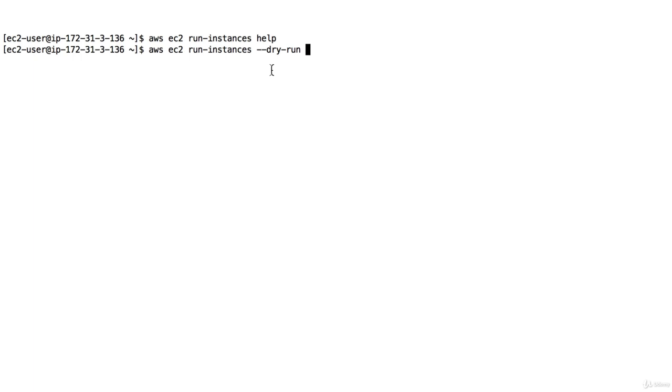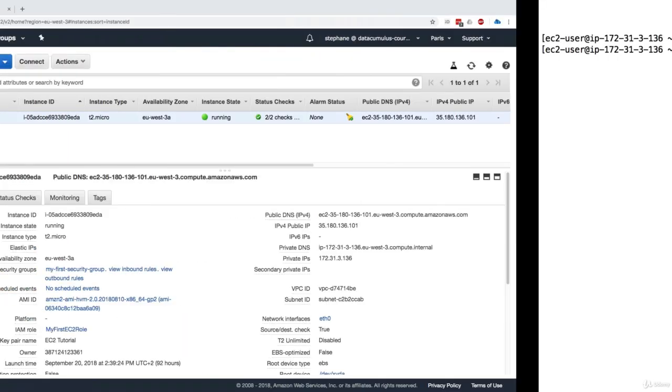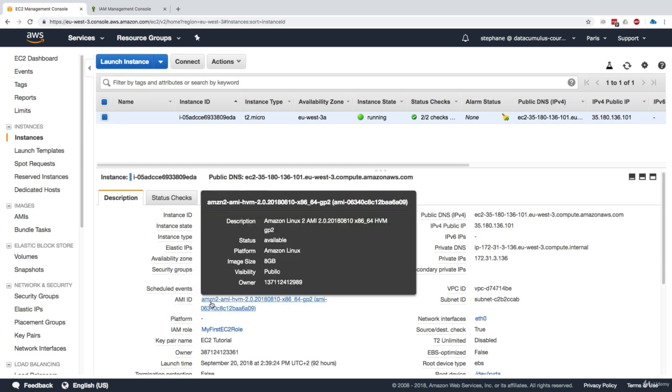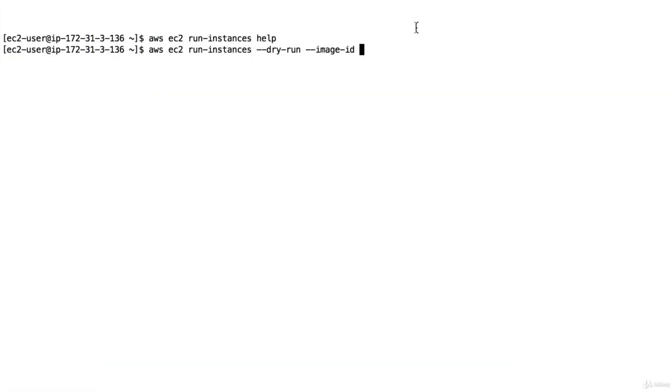Now we have to specify an image ID. An image ID is basically the AMI ID. For this, we can just go to our EC2 instance, click on the AMI ID that's already running, and we can get the AMI ID all the way from here. We'll copy this whole thing and paste it right here. The next thing we have to do is to specify the instance type, and for the instance type, I will choose a t2.micro. Now this looks all right. This is enough to run this command, so I'll just click on enter.